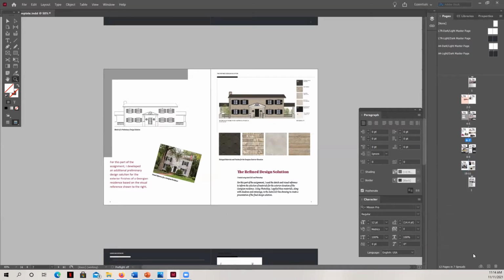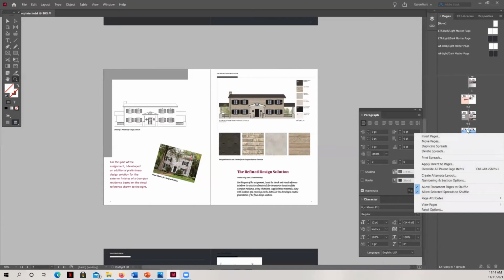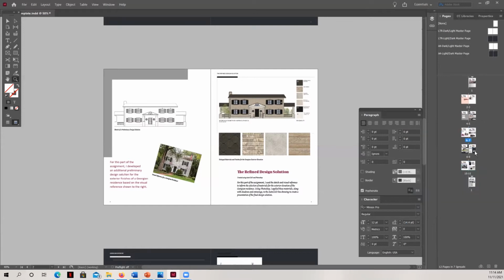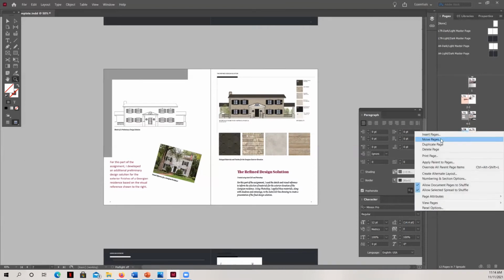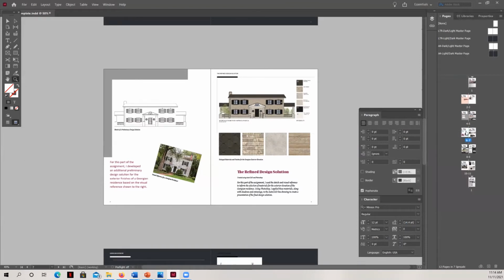You can also click here, and then if you hold down your shift key, you can grab multiple pages. And then you can either drag them into the trash can down here, which I do not want to do, or you can right click and you can delete what they call spreads. They call them spreads when they're created like a book. Two pages are laying next to each other like a book. That's called a spread. And so just in the same way that I can delete a spread or delete a page, I can also click and then right click and duplicate the page, or select both and duplicate the spread.